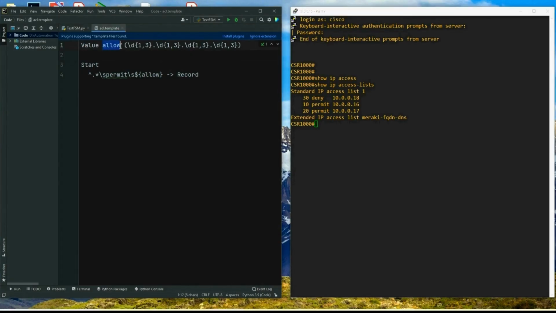As you can see, we have a variable called allow, which is supposed to match a regex string. This regex string is going to match four numbers separated by a dot, and each number can be from 1 to 3 digits long. This pattern matches a standard IP address which has four octets separated by a dot. I have kept this template file and the CLI side by side so that it becomes easier to follow the